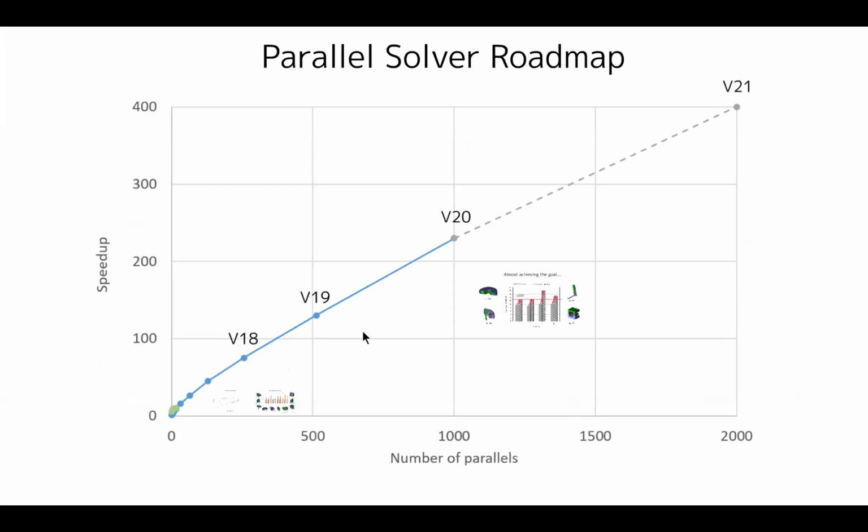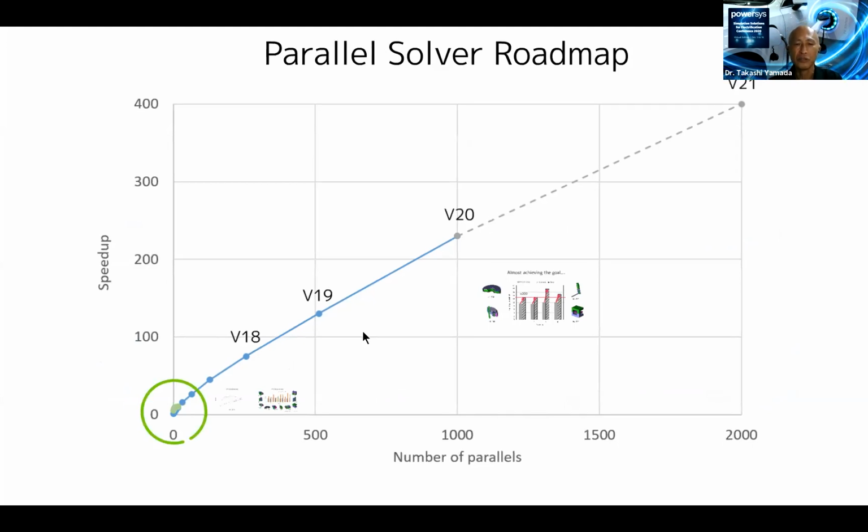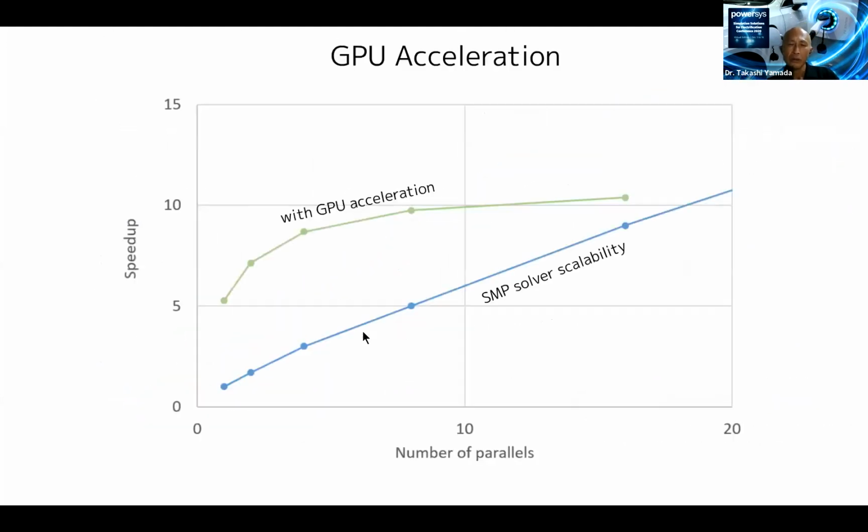And probably some people say that they don't have so many cores. Don't worry, we have a good solution for you. We improved the GPU solver a lot. Then we can use the GPU solver as an accelerator. So this is a new solution. This blue line is the usual SMP solver scalability. This is good, but